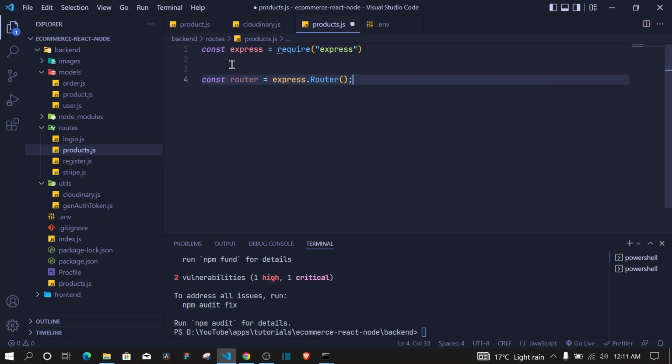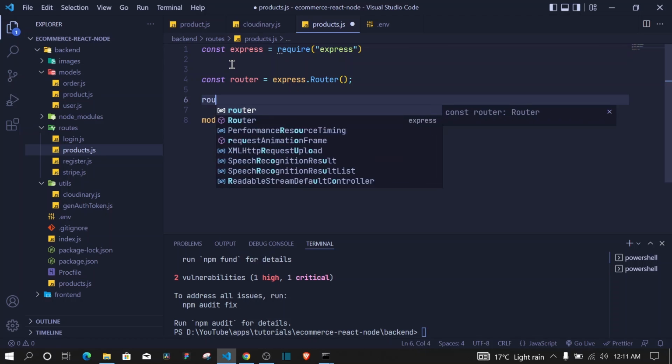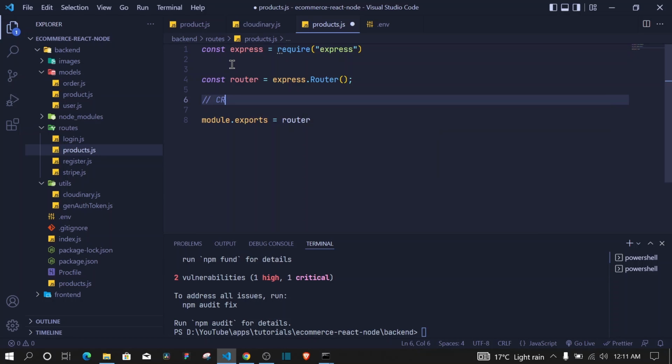Cool. And then let's export this router at the bottom, and then we can make use of this router to create our different endpoints. So the first endpoint will be for our posts, so we can include a comment. This will be to create a product,